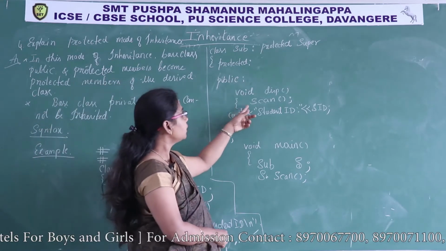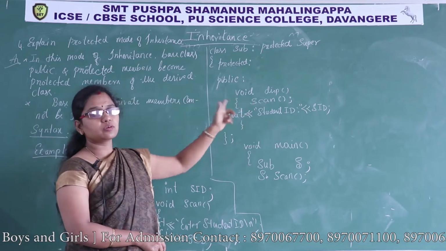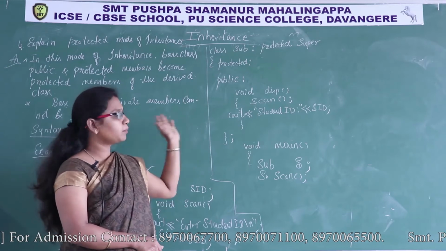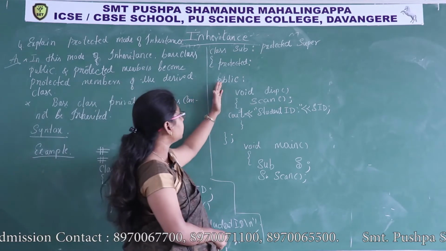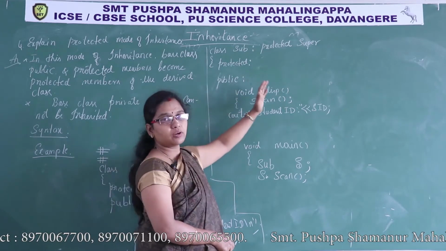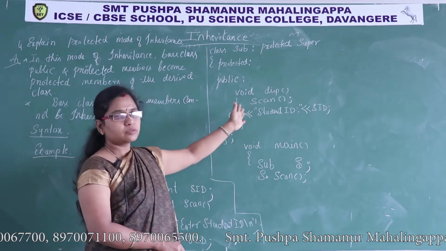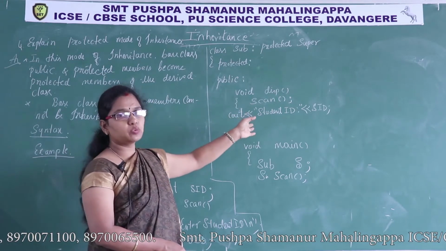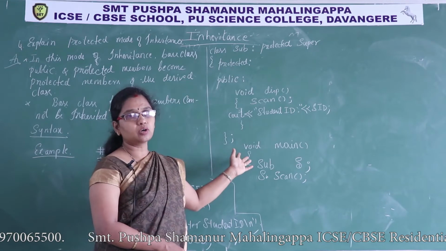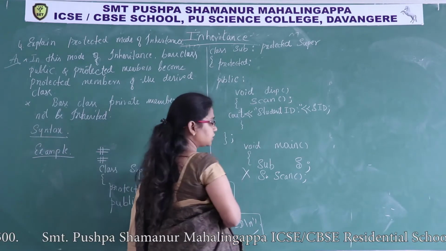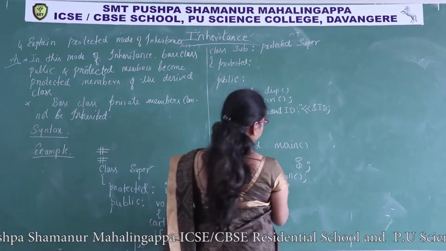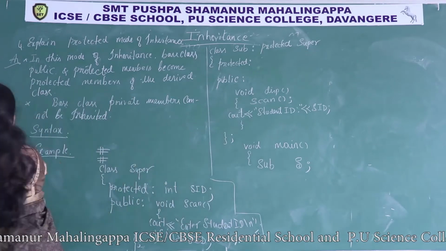Why did I call it from here? A protected member is accessed only through the member function of that class or a friend function. Here we are not bothered about a friend function. I have taken a member function. One member function can access or call another member function of the class. So in order to call that function, we should not use the object and dot operator. If it is a non-member function, we can use the object and dot operator. Now it's not possible, it gives an error. Scan is protected data, it shows an error like that. We cannot access it through the main function.